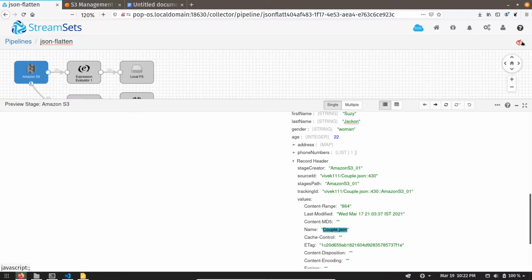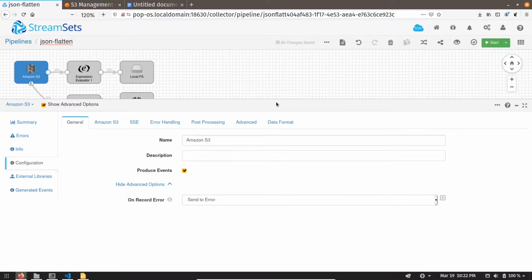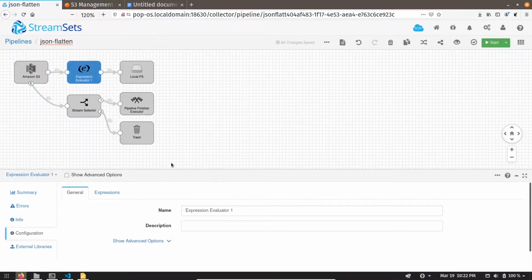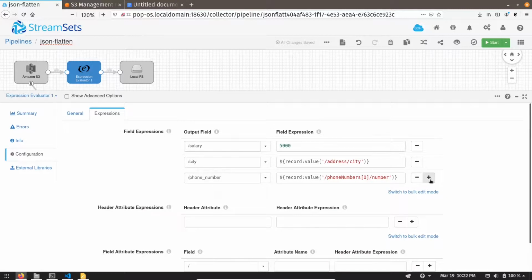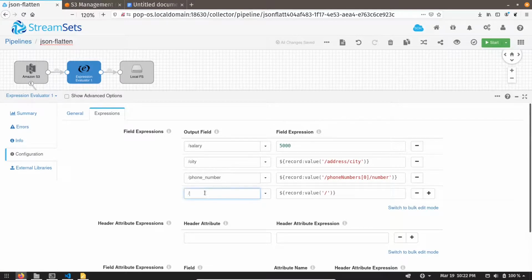We can take the help of expression evaluator for the same. Open the expression evaluator and create another column. Let's call it file name. This time we cannot use record value because this function is used for accessing record column values, not the record header attribute values.